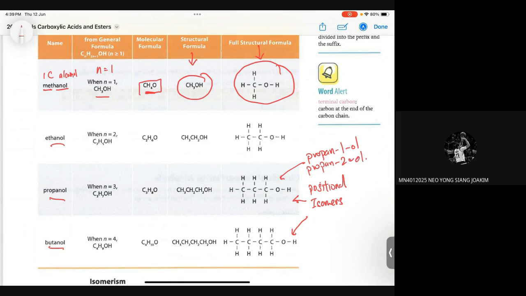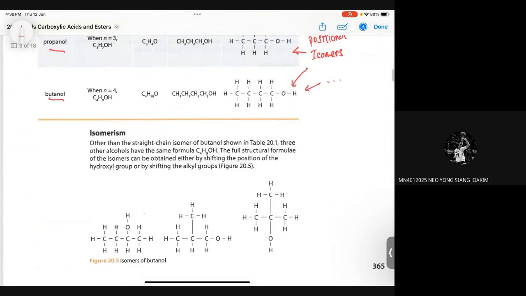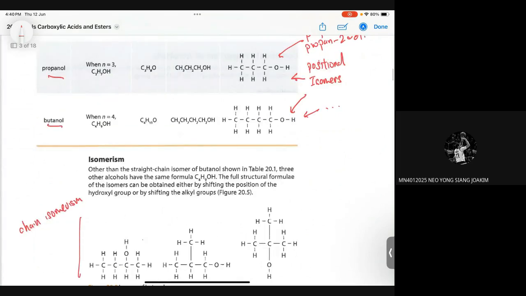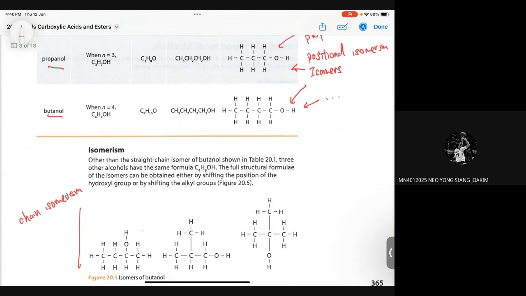Okay, this one, you can also have others. I should not go through the name. They did mention here, other than straight chain, you can have the branching out. So you realize for this one here, the focus is on chain isomerism. But what I did here was to show you that you can have positional isomerism. You can also have this thing called